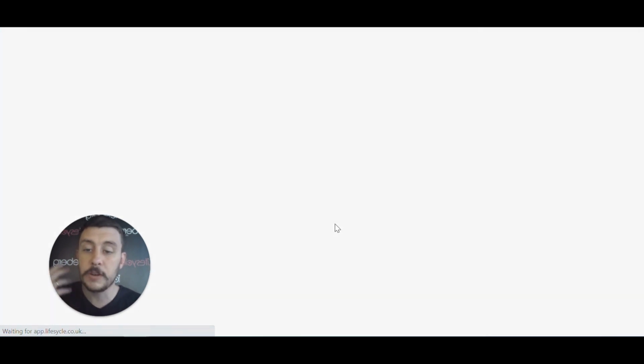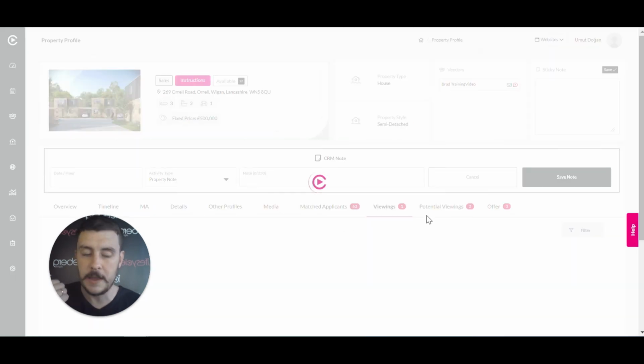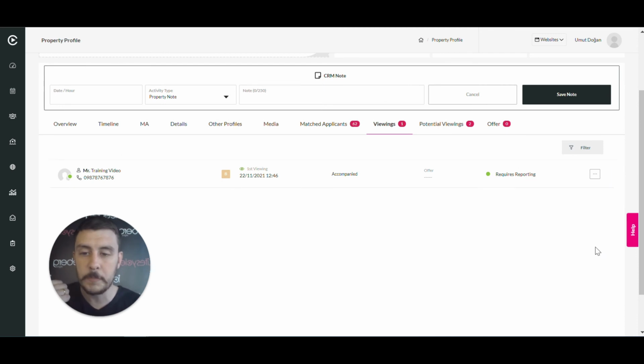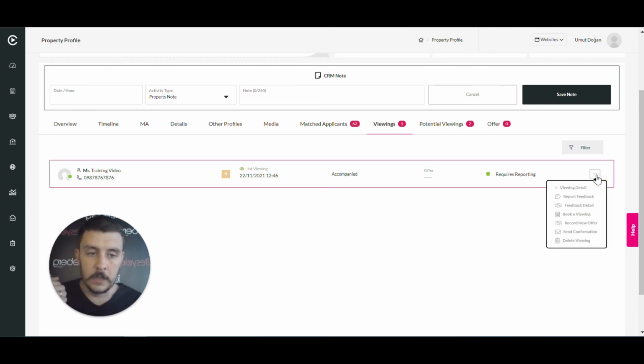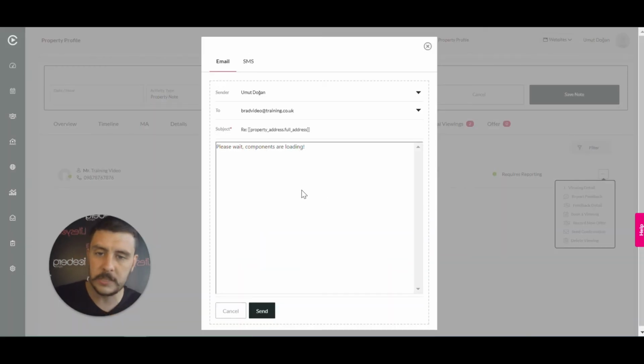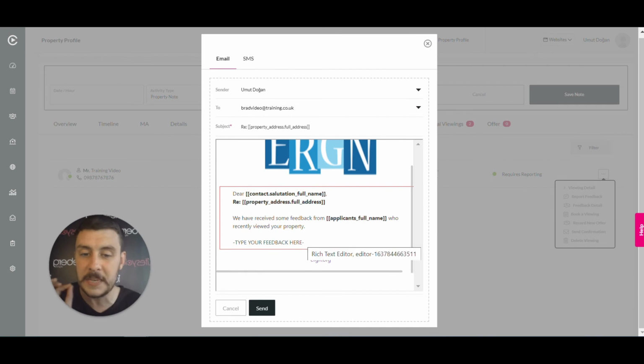Now that we have recorded the feedback, we need to report it back to the vendor. As we can see, it requires reporting. So we click the three dots and then it's report feedback. What this does is it brings up an email template for you to type in the feedback in your